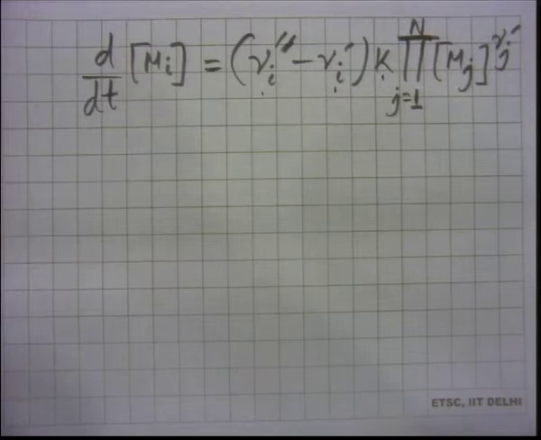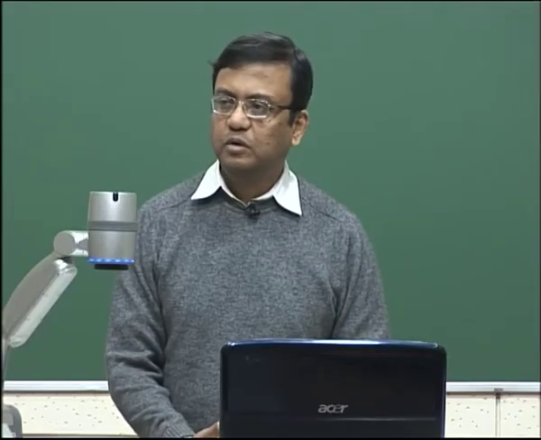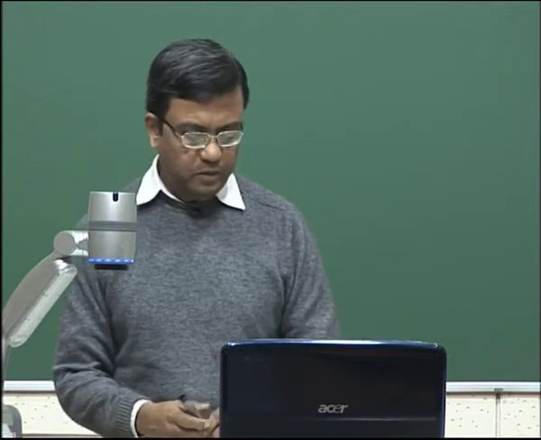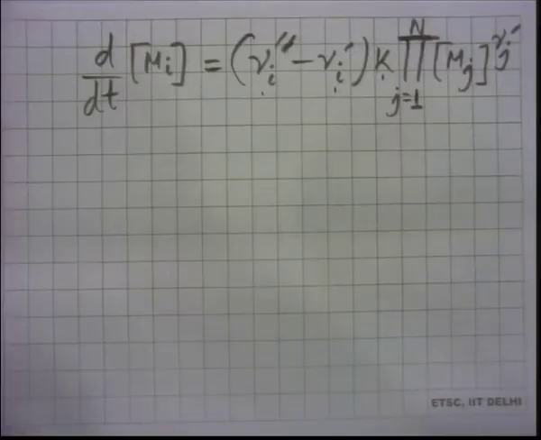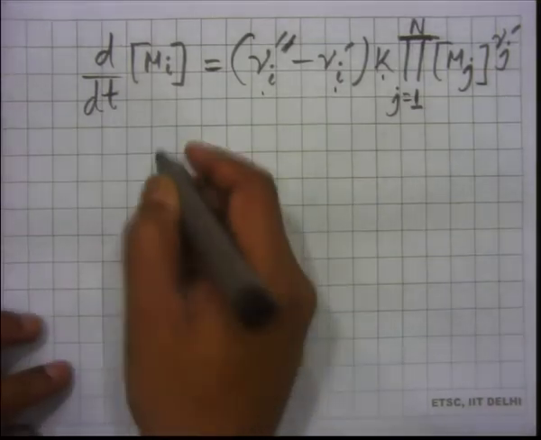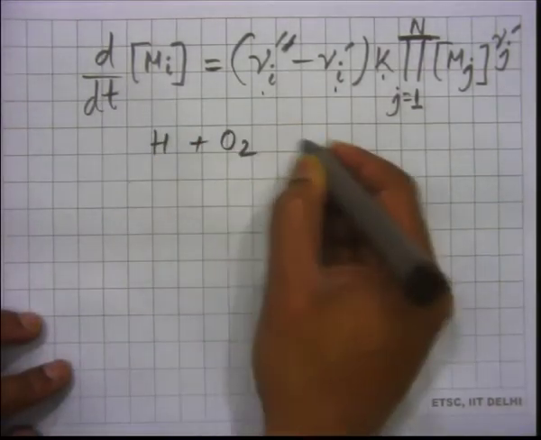We have to use the law of mass action because we have to be able to write reaction rates. Combustion has chemical kinetics as an integral part of it. So, you have to know how to express chemical reaction rates. So, we will quickly look at an example of how to use this law of mass action to write reaction rates for multiple reactions taking place at the same time. So, now we are going to multiple reactions. Let us quickly try to do this.